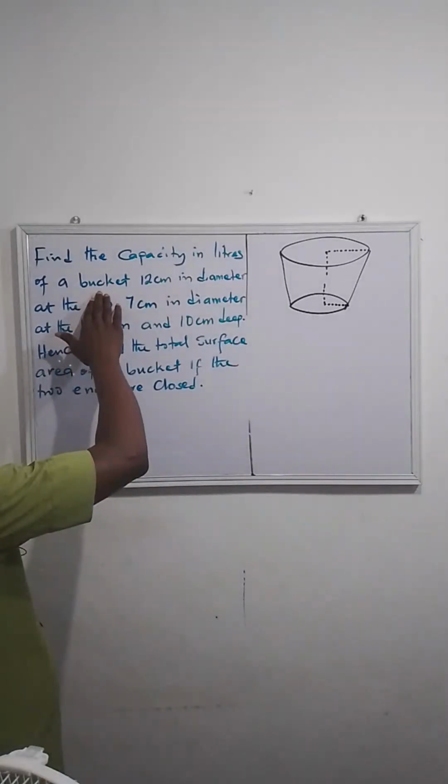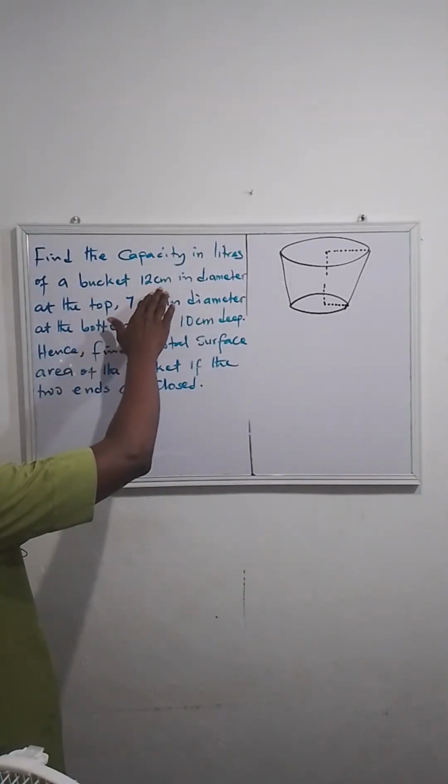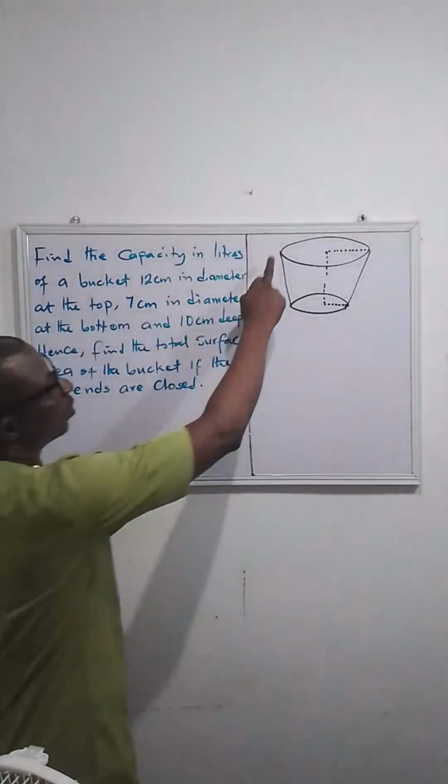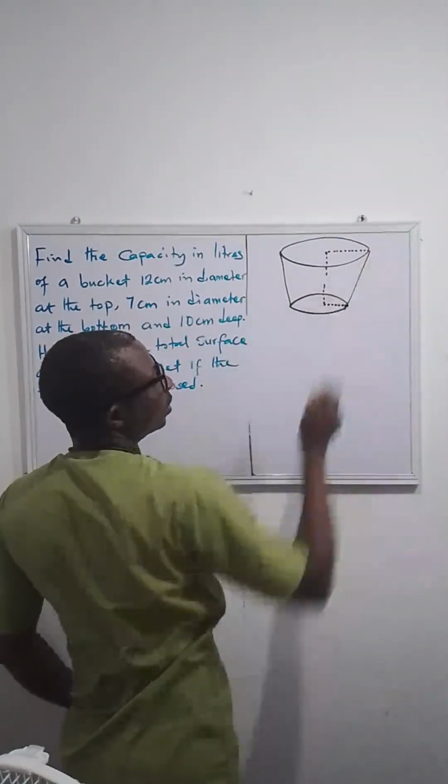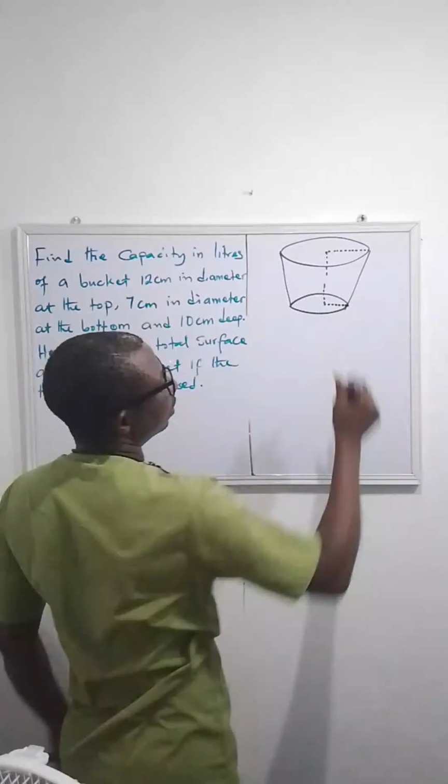Mensuration. The bucket is 12 centimeter in diameter. So from here to here is 12 centimeter. So now in diameter, so D,